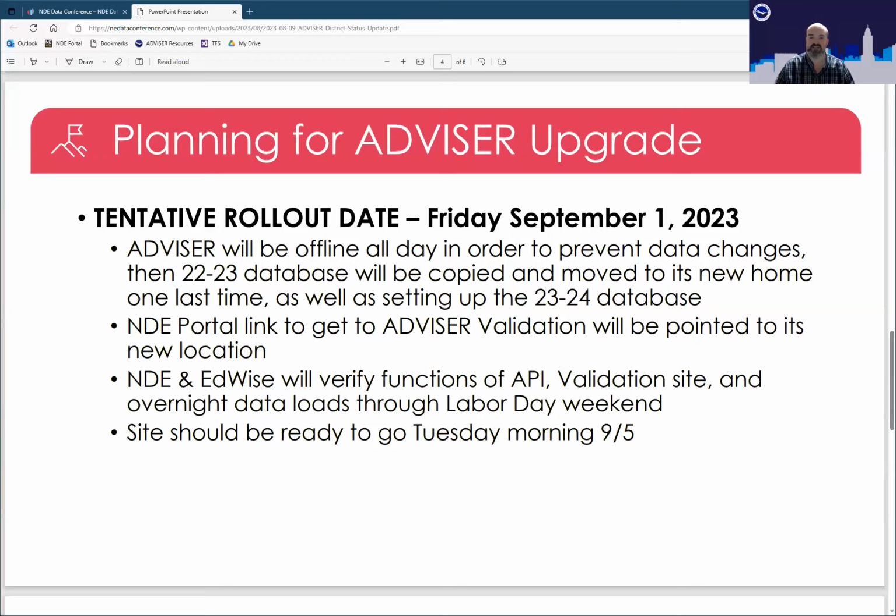We need to take everything offline, especially because we need to prevent any data changes from coming in. Once everything is static and nothing's changing, we're going to take all of your existing 22-23 data and move that over to its new home. At the same time, we'll be getting the 23-24 database set up.